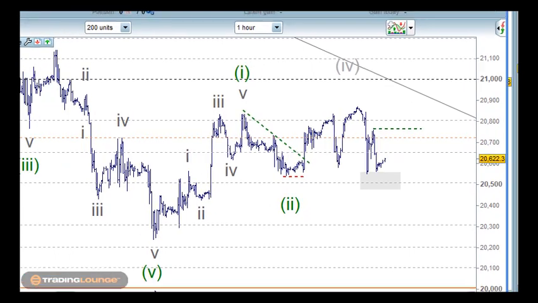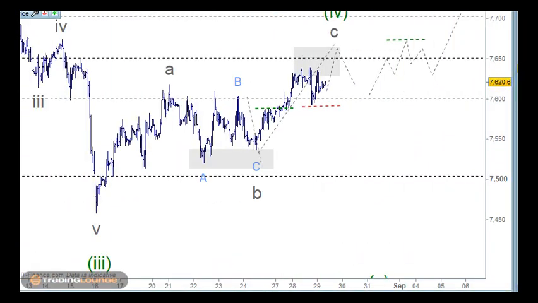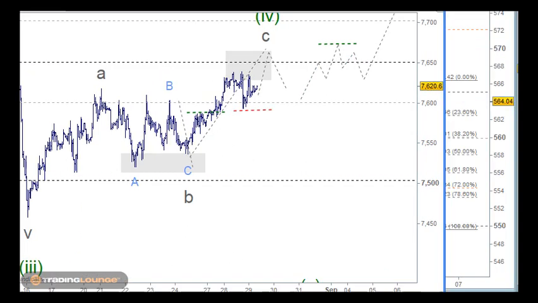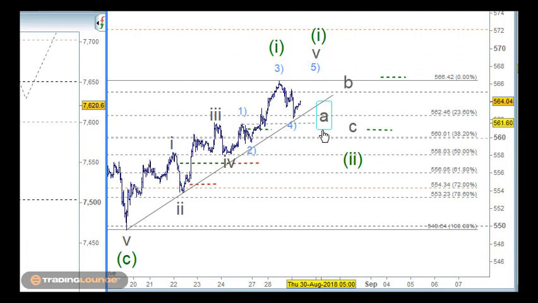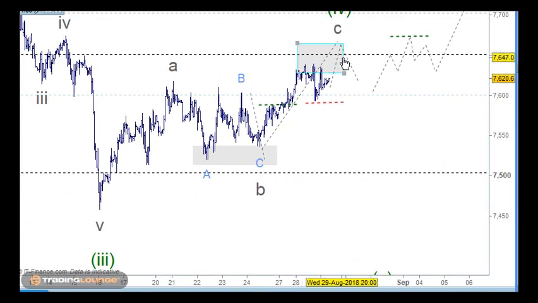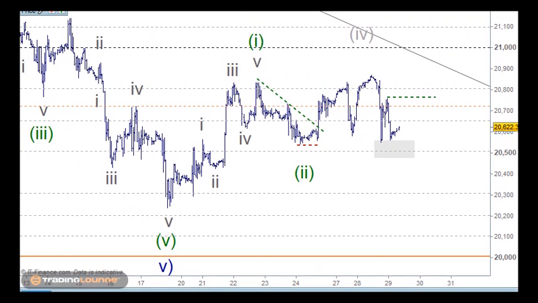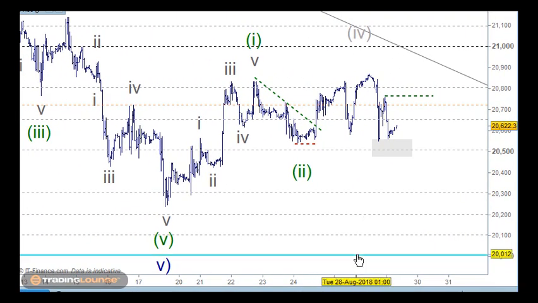If this does move down through here, we'll see the MIB come down as well. And with the AEX and the DAX, once they finish their wave ones to the upside here and then have this ABC pattern here, then these markets could drop quite severely from here. And also the MIB here as well is struggling. So yeah,